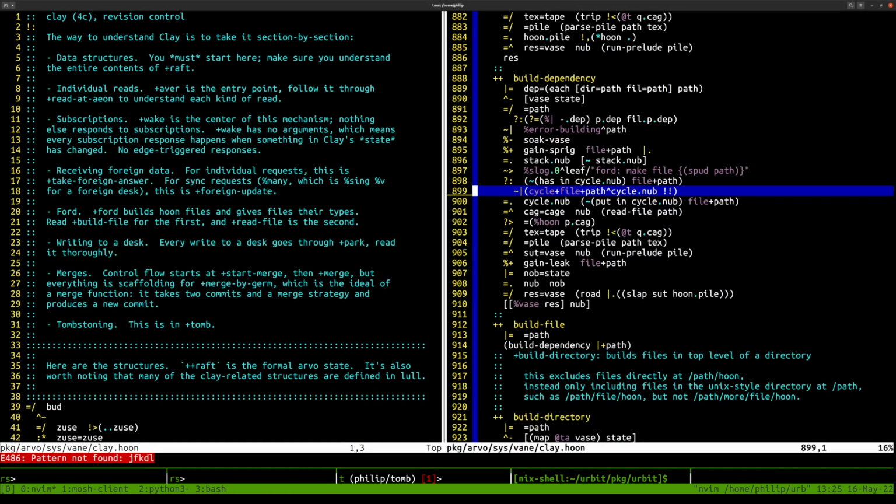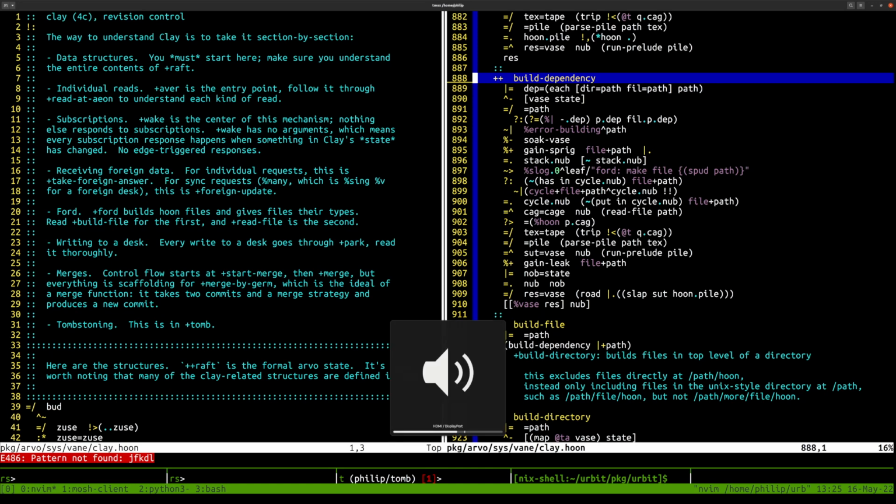We're going to continue our Clay walkthroughs. This time I'm going to be talking about Ford, which is Urbit's build system, and it's part of Clay. And actually, since we started these walkthroughs, Philip went and rewrote a big chunk of Ford, completely redid its dependency tracking and caching system. So now it has a global cache,